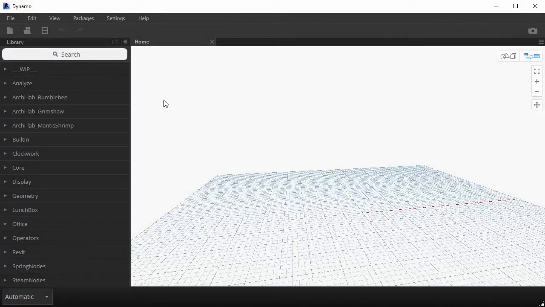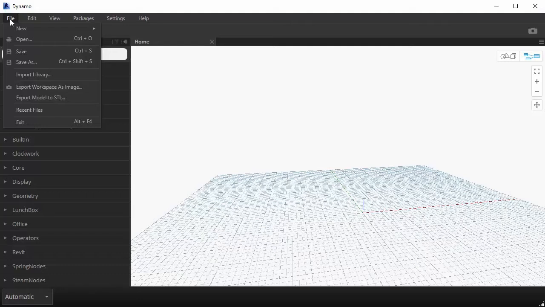So first things first, all the way on top, there's your typical file and edit menu. So these are the places where you can go to either start a new definition or save an existing one. There's a couple of things here that are pretty handy. If you're thinking about exporting your definition, your canvas, as an image, this is where you would come. It's a pretty useful functionality.